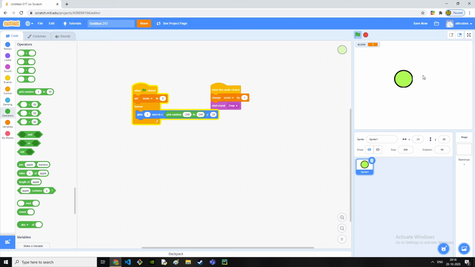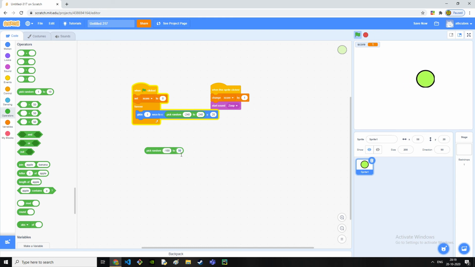Now look, this is moving to a different position, but we want it to move in Y as well. So go to pick random again, bring it and type in minus 180.